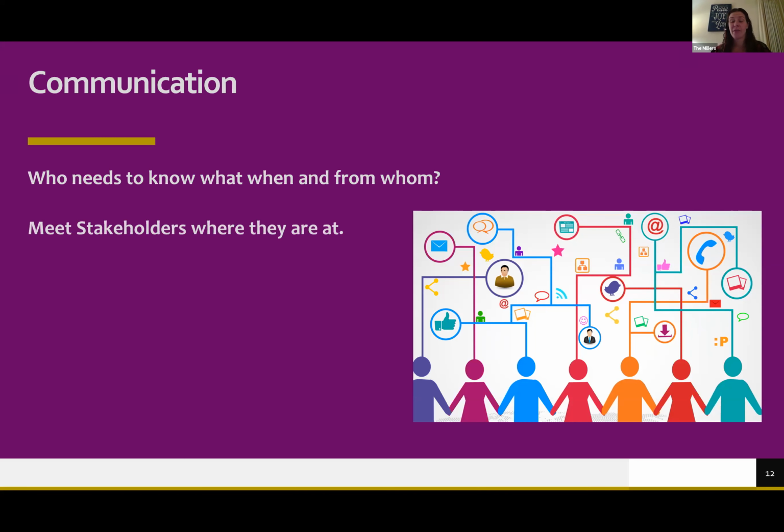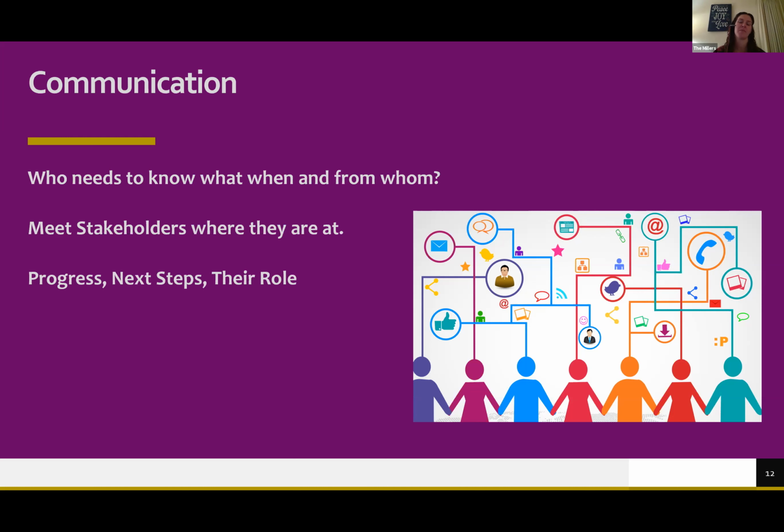When it comes to communication, we have to meet stakeholders where they're at. When I present to my CIO, I present different information at a different level of detail than when I present to a team member, or to a frontline employee, or a frontline end user of the product I'm working to create. Meeting stakeholders where they're at and tailoring your message is the same idea as tailoring your resume. You're trying to use the verbiage and nomenclature they are comfortable with, so they can get the message you are trying to convey.